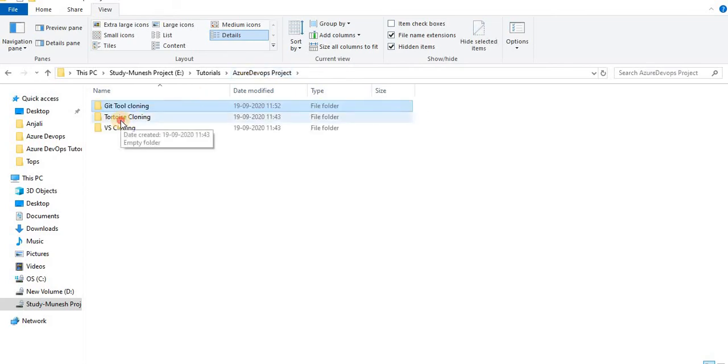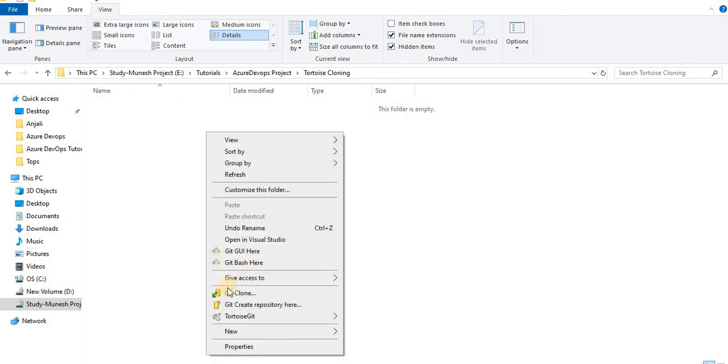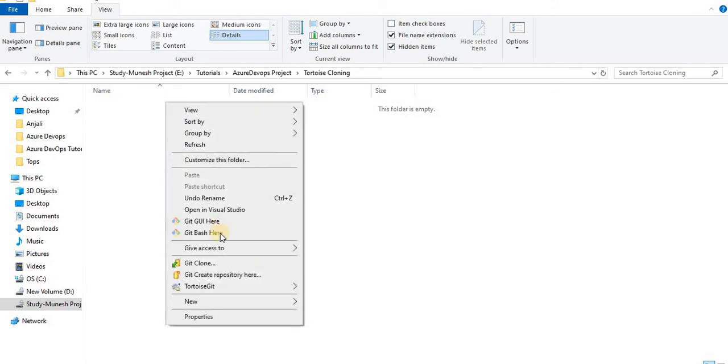For doing the cloning, once you have installed it on your system, go to the place where you want to do the cloning and just right click on the folder. When you right click, you will see Git Clone, Git Create repository here, and Tortoise Git. These three new items appear once we install Tortoise Git.